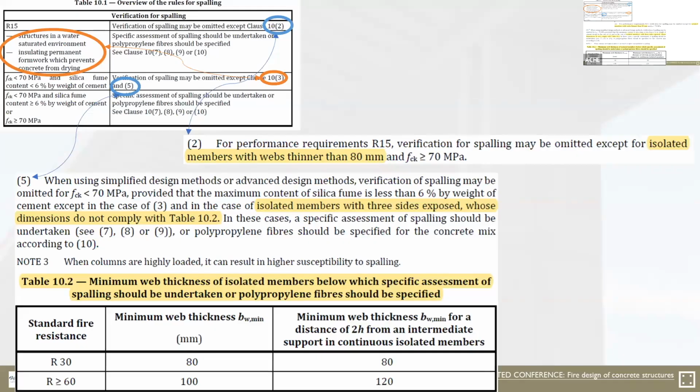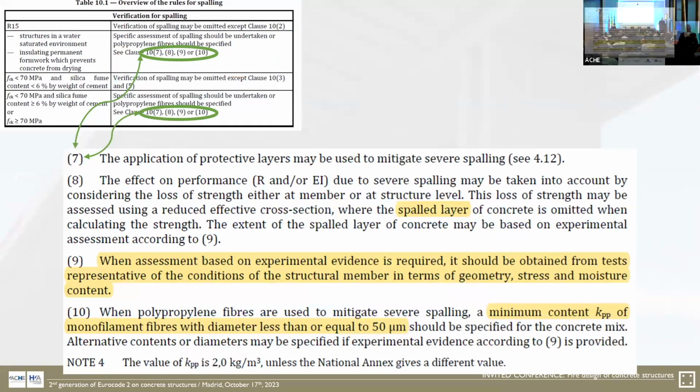Specific attention should be devoted whenever you are faced with thin members, which is typically the case with precast elements. I should say elements and not members. That I learned during the work in the project team. When it's precast or prefabricated, it's an element. Okay, then here again some